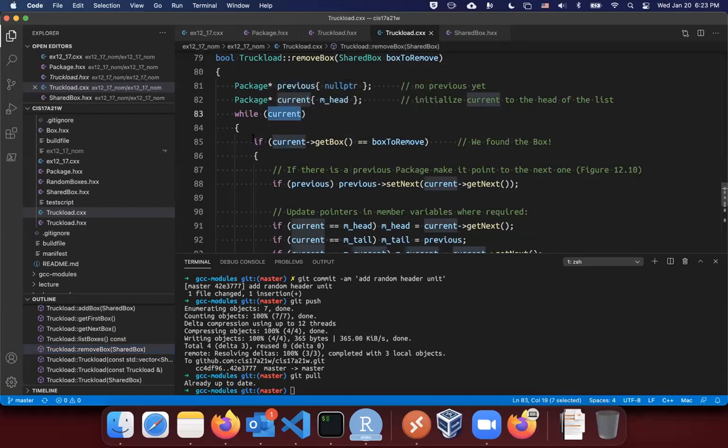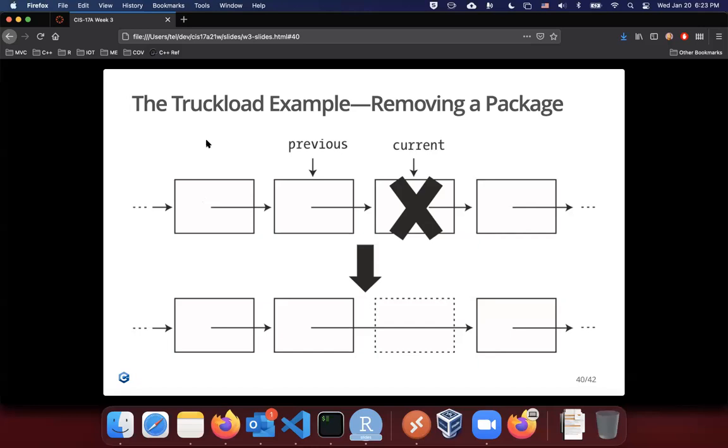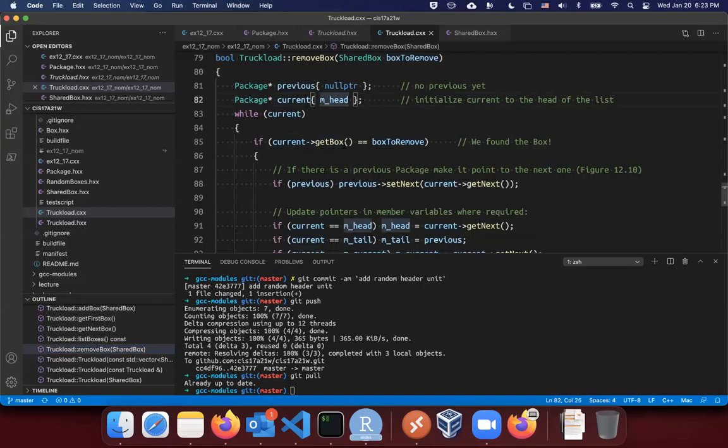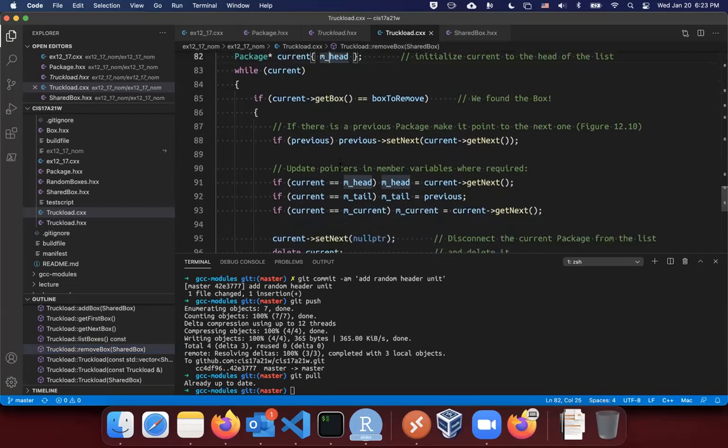So every time it starts from the very beginning. You see, we initialize the current to the head, and then it's going to examine the current. So it's going to check, is that box the same as the box you're trying to remove? Now this is comparing the address, right? This is pointer equality. And if they're the same, yeah, that's okay, we found the box. Now what do you do now? First,